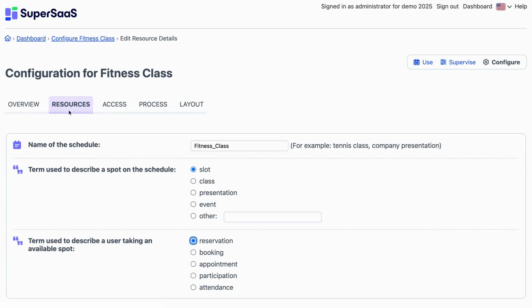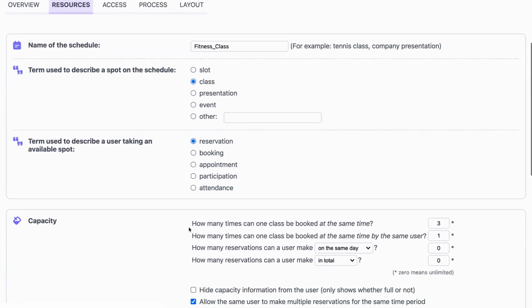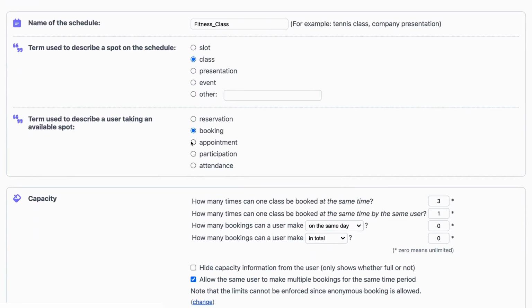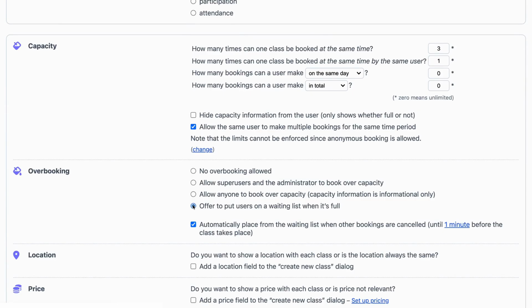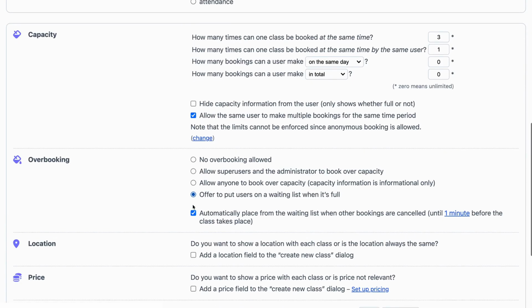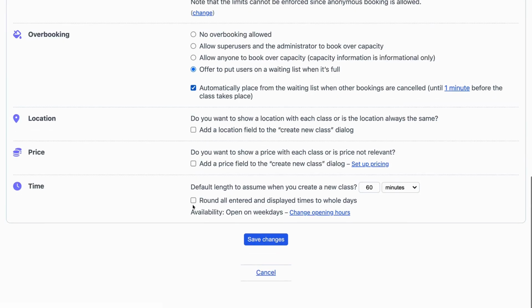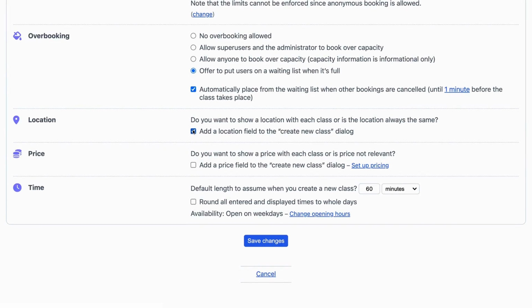If you change the terminology the system uses, it will update automatically for each time the term is used in dialogues or messages. Here you can make changes to the settings for the waiting list that you enabled earlier. You can also add a location to the bookings in case you have multiple rooms or locations available. Click Save Changes to go back to the overview.